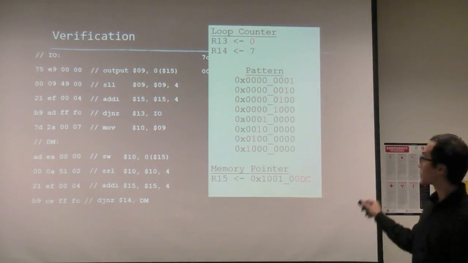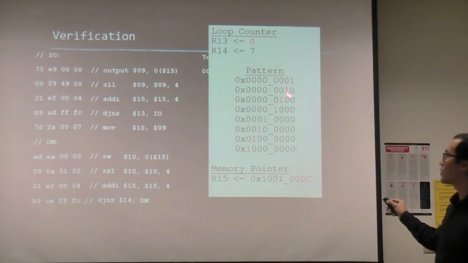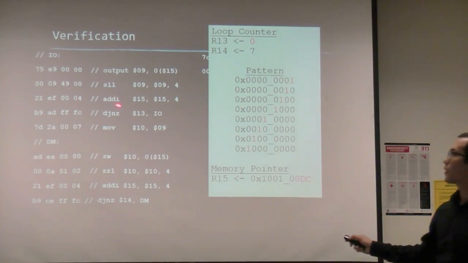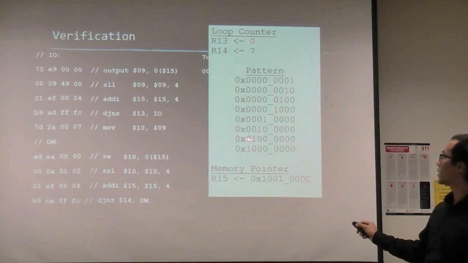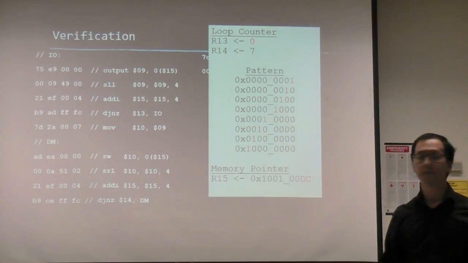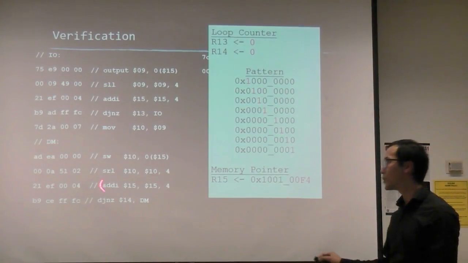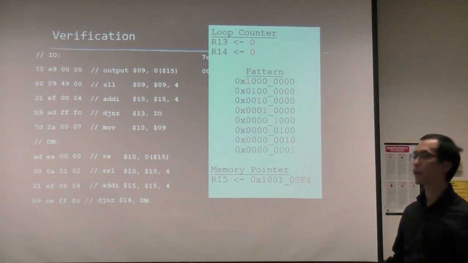And then, as you can see here, after we finish the loop, R13 will be 0, and we have walking 1 on the left. And the memory pointer will be 0DC. After that, we move R9, which is this guy right here, into R10, so we can operate for the next loop. In the next loop, we do the same thing, but we do shift right logical by 4, so we get